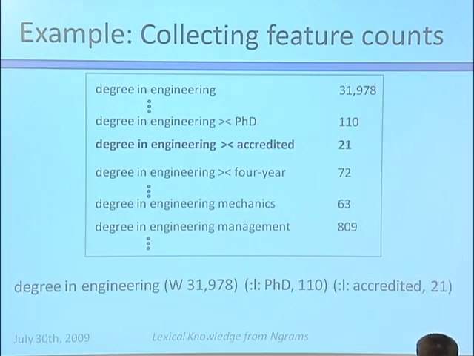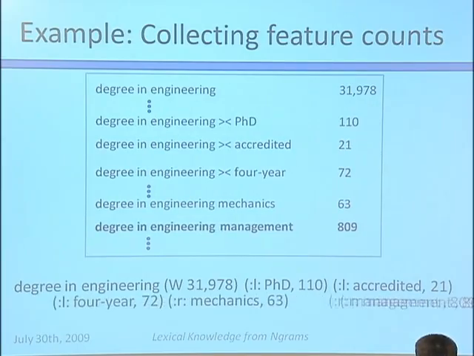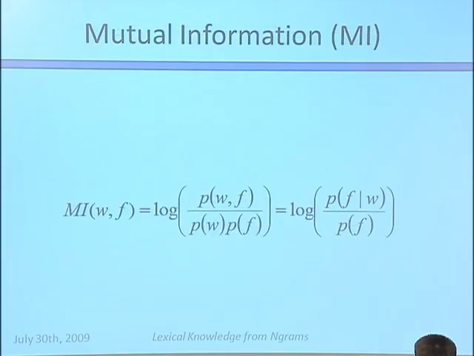And now accredited occurs 21 times to the left of degree in engineering. So we add that, and so on and so forth. And then with one pass, we can build the counts of the features, the distributional features, for the phrase degree in engineering. But what we want to do is we don't want the raw counts, but we'd rather